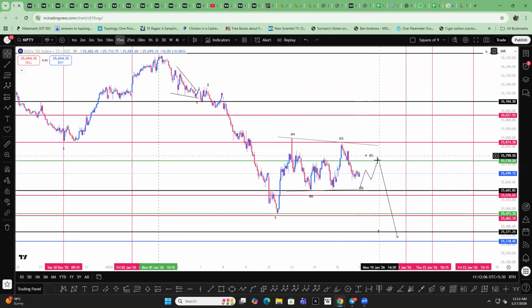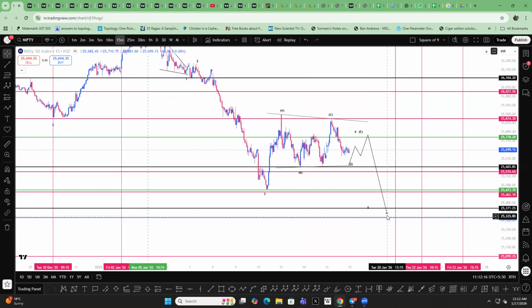So one should build up a short position here with this high as the stop loss and wait for this zone. Okay, if this zone breaks in very fast nature and with gap down, because wave 5 is generally